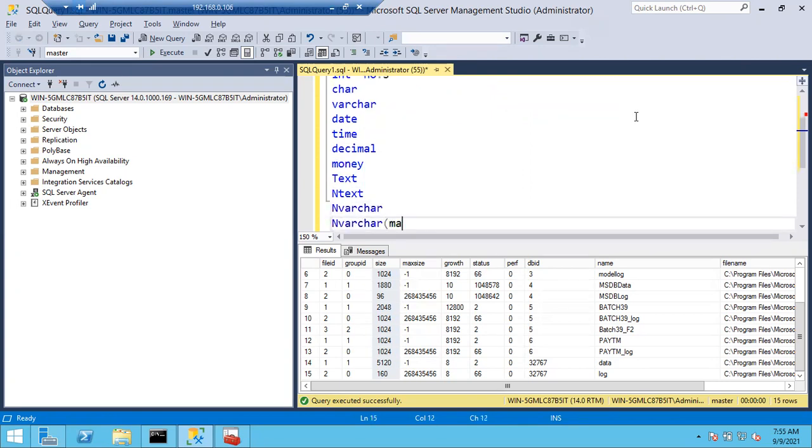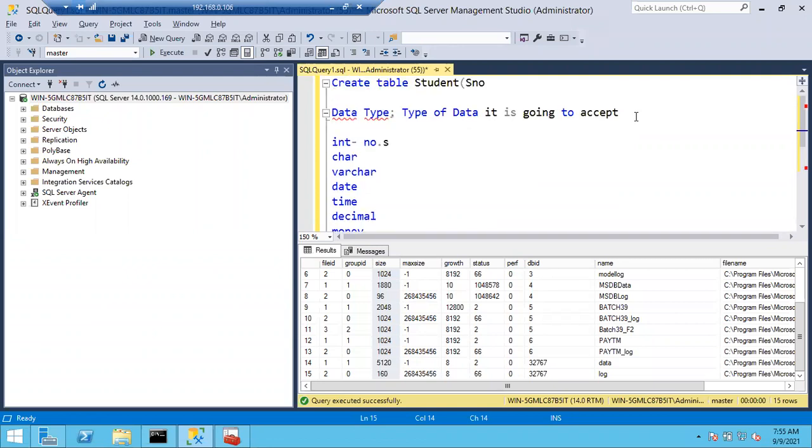I have a doubt. Can we give a percentage like that? Yes, you can give decimal. Percentage is 66.7%, what is that? The point means decimal. So in case you want to track student marks percentage, you can mention that as a decimal data type. Simply, for the columns, whatever kind of data they are going to accept, you have to give that data type beside your particular column name.